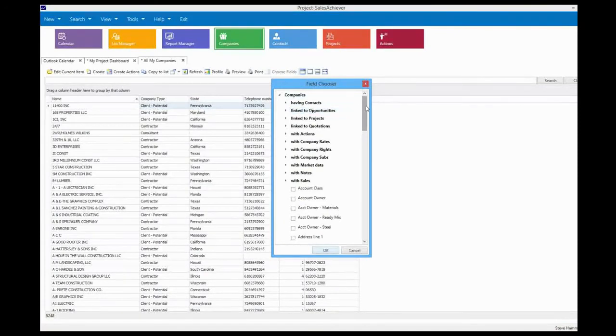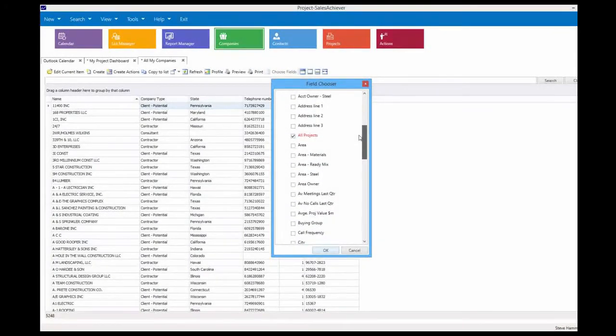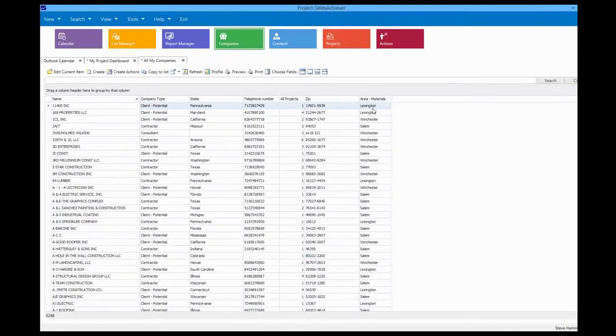So the fields you see here, every single field in the database, you could display the information exactly how you want it. And any information at all you can share. So you can build all kinds of reports and layouts on a user-by-user basis or on a company-wide basis, generically. So for now, I'm just going to select one field here called Area and Materials. So we know that this division, we can see now which account, which area this account covers. Okay? So we can display any field we want to in the companies list, projects list,